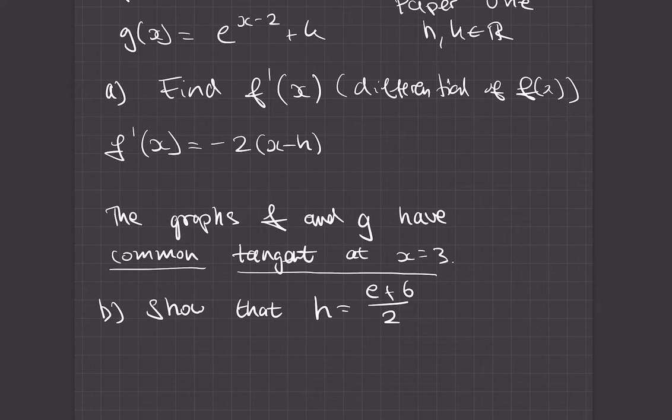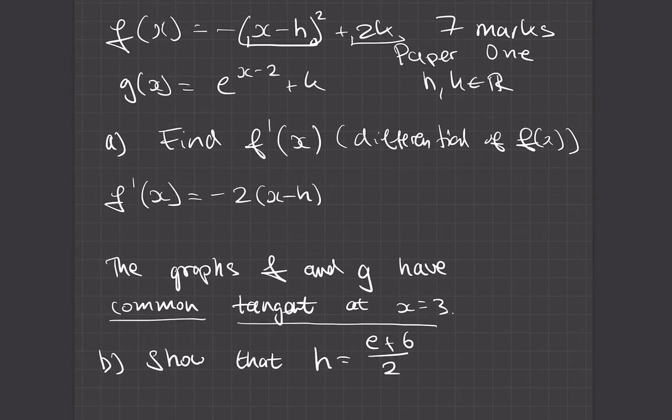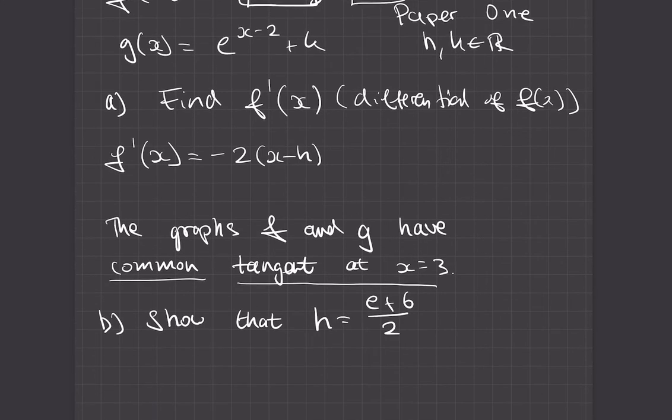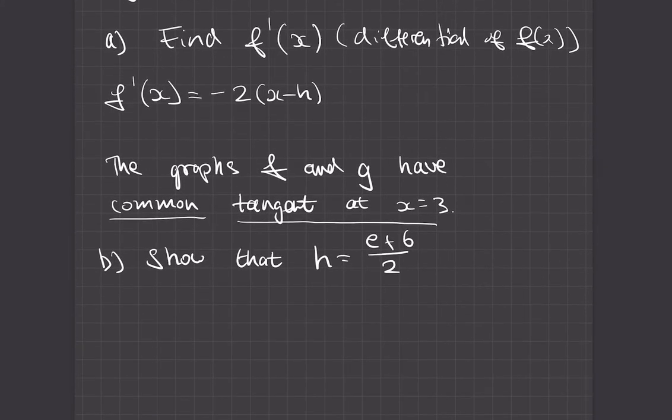So that's the first part finished. That should be pretty simple. Obviously, you can go through it actually using u equals x minus h, whatever. But it's a pretty simple one, and hopefully as you speed up with these, you'll be able to do these quicker. So the next piece of information, which is crucial, is that they have a common tangent at